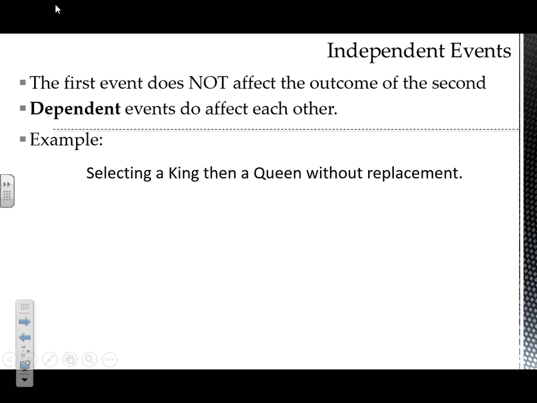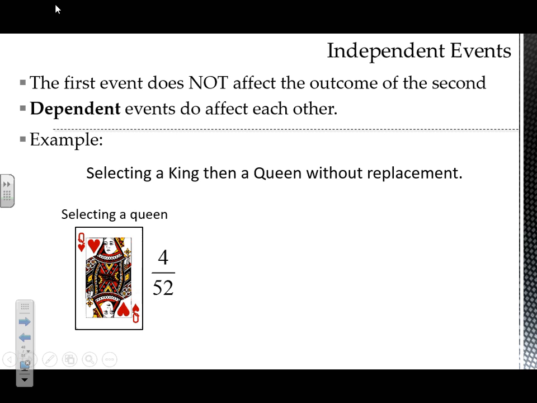So when we're looking at drawing the queen, again, we have to establish the probability of selecting a queen normally. If I was just looking at a standard deck of cards, what's my probability of selecting a queen? It's 4 out of 52 still. Now, what I'm doing here is I'm throwing in a condition. This time, I'm saying I'm going to take a card from the deck. It's a king. So I take a king out of the deck, and this time I keep it. I do not replace it.